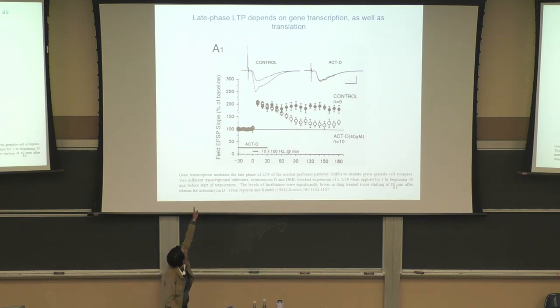Okay, so here they made long-term potentiation, and it looked okay in the control condition, which is the black circles, and lasted hundreds of minutes. But then if you repeat the experiment in the presence of actinomycin D, which is a protein synthesis blocker, you get the initial rise in LTP, but then the LTP doesn't last as long and decays fast. It only lasts a few minutes and not 3 hours. So it seems that synthesis of proteins is necessary for the late phase of LTP,